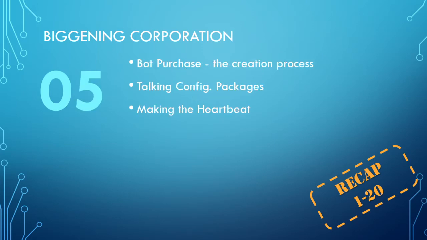Finishing up the bot purchasing wizard, we went ahead and worked on how the bots are going to get created from the wizard, and we had our first bots exist. Then we needed to also talk a little bit about config packages. We are going to make use of some config packages to generate things like a random name pool for customers and vendors. And finally, we wrapped up the episode by creating the engine that would become the heartbeat of the system,